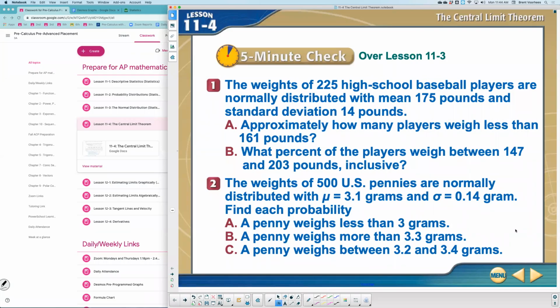Welcome to lesson 11.4. Before we get started on the central limit theorem, let's review what we learned on 11.3, which went over the normal distribution. Number one says the weights of 225 high school baseball players are normally distributed with a mean of 175 pounds and a standard deviation of 14 pounds. Approximately how many players weigh less than 161, and what percent of the players weigh between 147 and 203 pounds